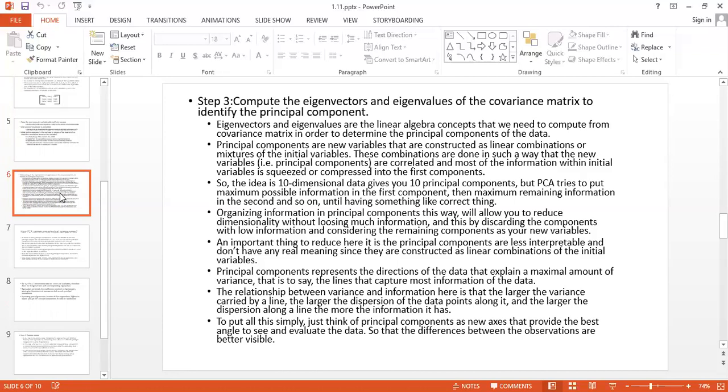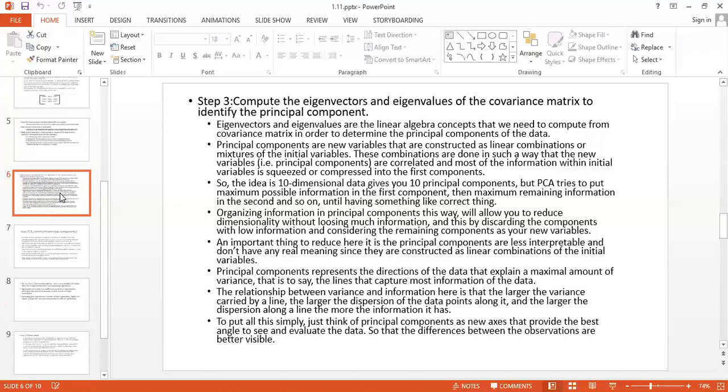Likewise, we have as many principal components as the number of dimensions, and we have to choose the principal component that is best suitable for the example.